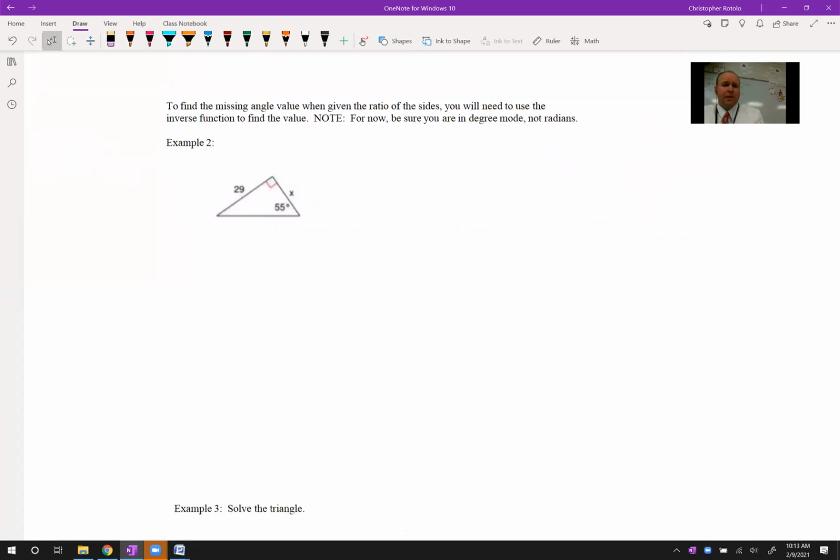All right, so really it goes back to labeling. And we want to make sure we find out anything that we need to find here. So if we have 55, this must be, based on this angle, the opposite. And we're trying to find the adjacent. Okay, so opposite and adjacent, that's TOA, right? So tangent of 55 equals 29 over X in this case. Okay, so we're going to end up cross multiplying. So to get this, I'm actually going to do 29 divided by tangent of 55. And we'll find out that this is going to be